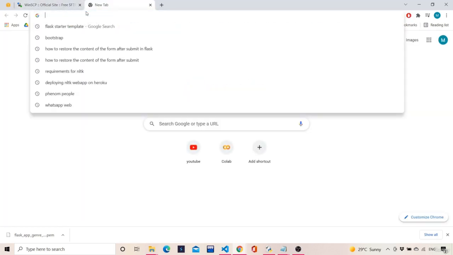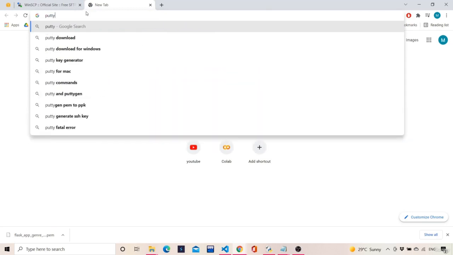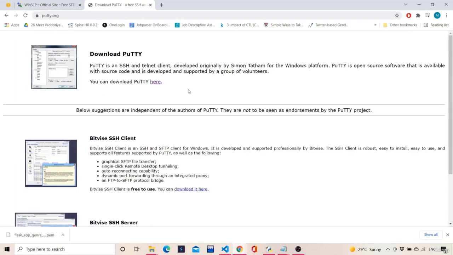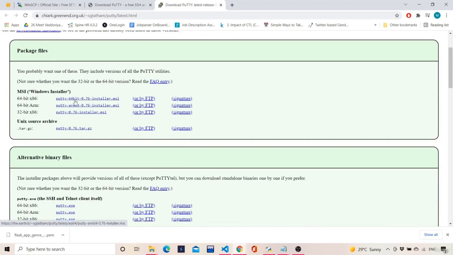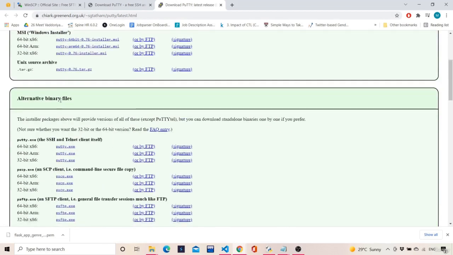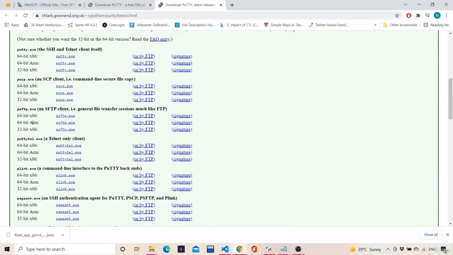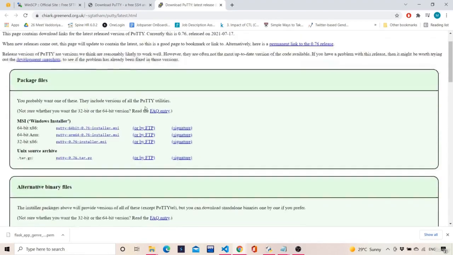Another software which we have to install is PuTTY for Windows. You hit on PuTTY, and then over here you can go to the PuTTY downloader. From here you can see whatever system architecture you have, either 64-bit or 32-bit, and according to that you can download the PuTTY files.